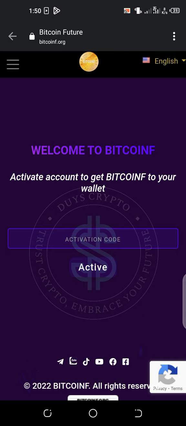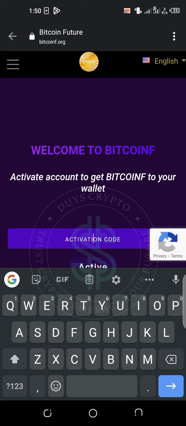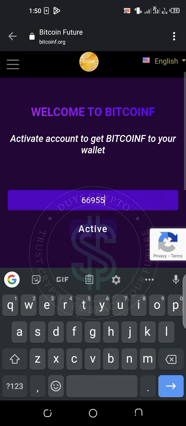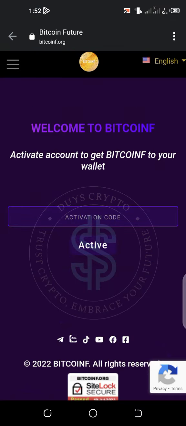Okay, so when it opens like this, as I told you to copy the verification code, they will ask you to enter the activation code. So what I copied, I'm going to paste it here. So go to paste, then go to activate. So after the activation is done, go back to your browser again,